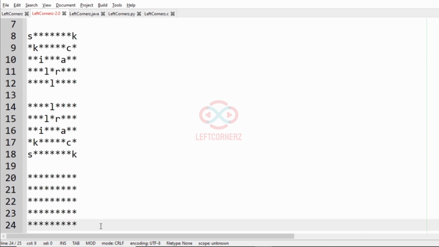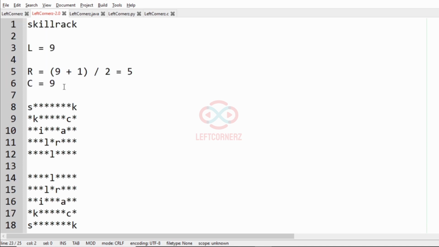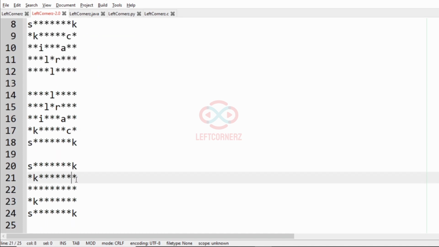For combining both patterns, first row first column and last row first column become S. Similarly, we have to change accordingly. In the next row, second row second column, in the first row last column becomes K, and for the last row also K. Second row second column becomes K. Similarly here also K. And next C, second row last-but-one column becomes C, and here also C, I,